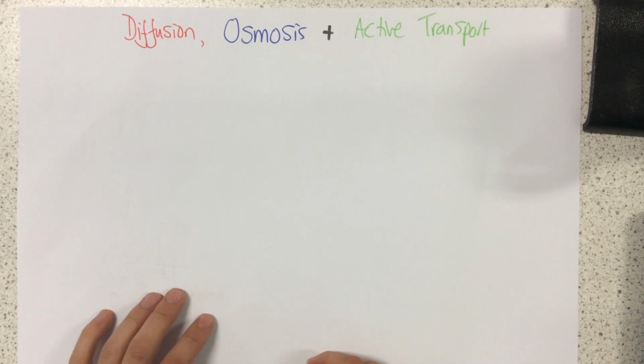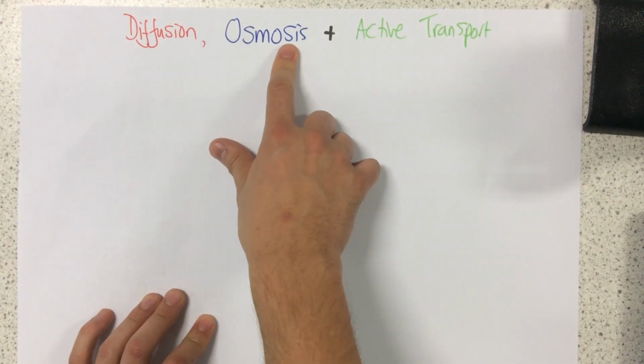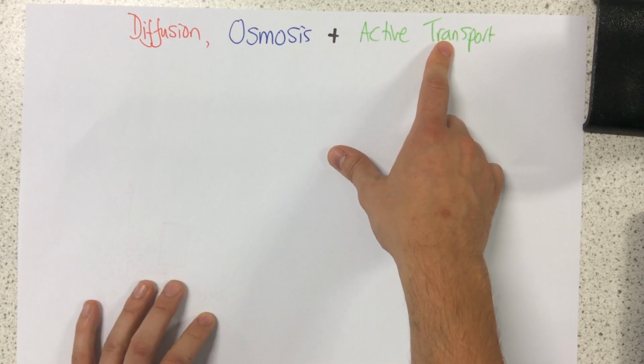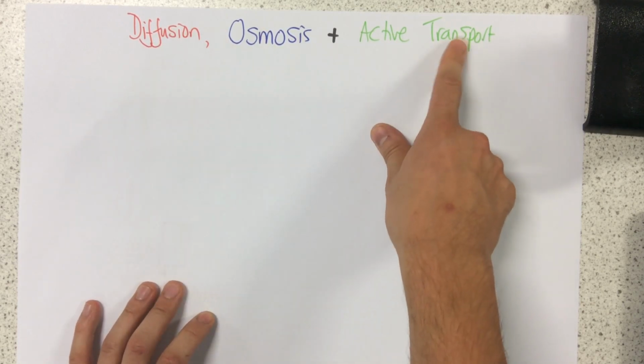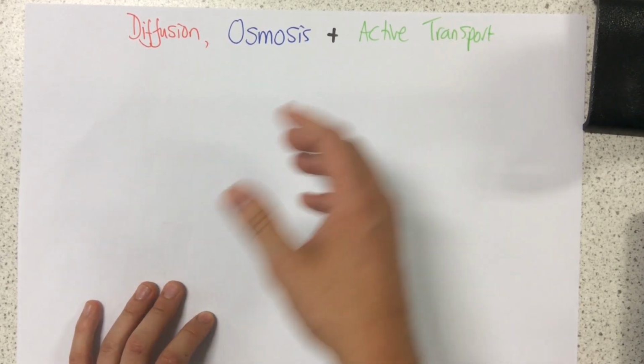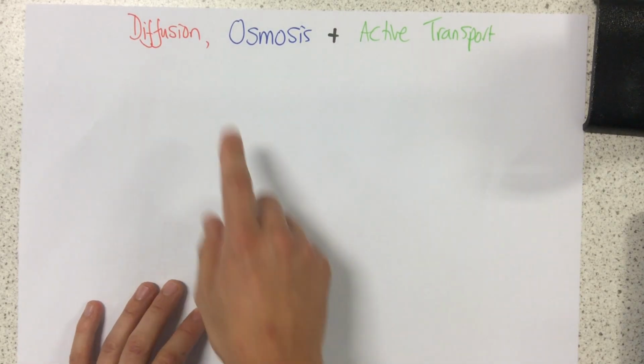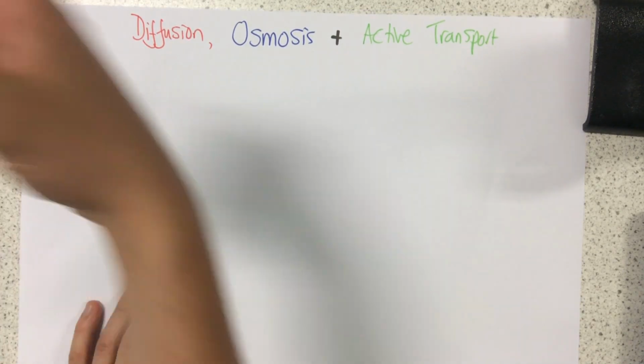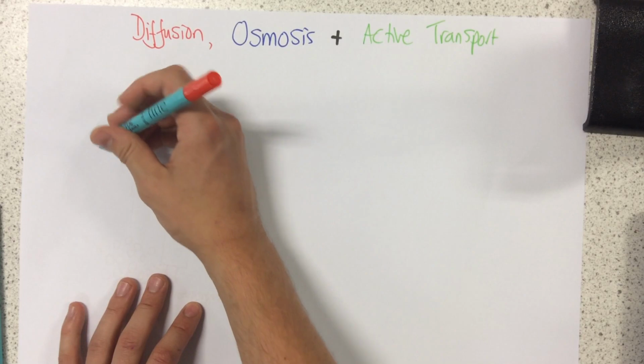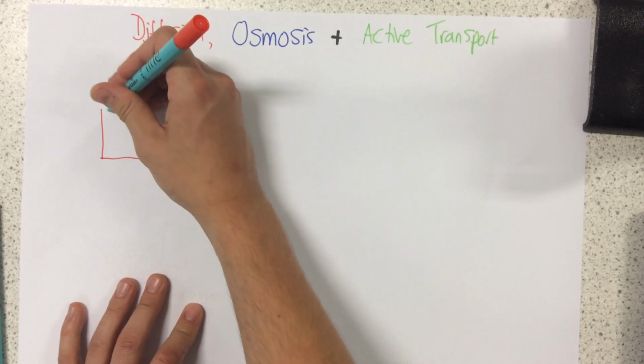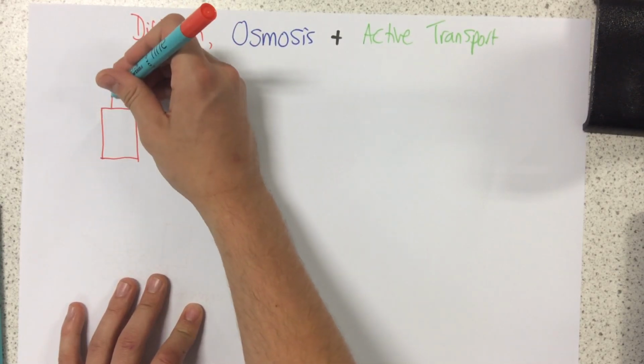Okay, I'm going to talk to you today about diffusion, osmosis and active transport. Now all three of these are examples of transport, which is just how particles move from one place to another. So I'm going to start off with diffusion. Now nice and simply put, diffusion is the movement of particles from an area of high concentration to an area